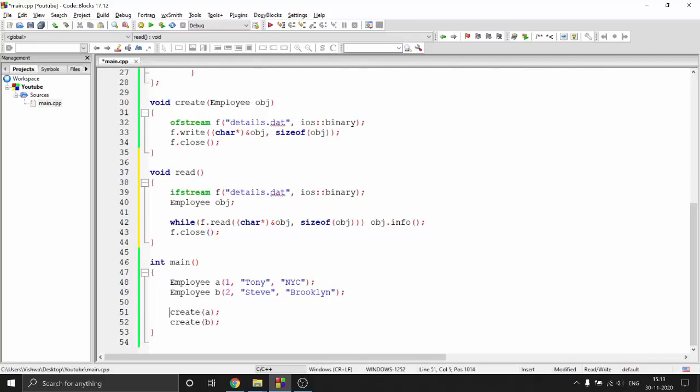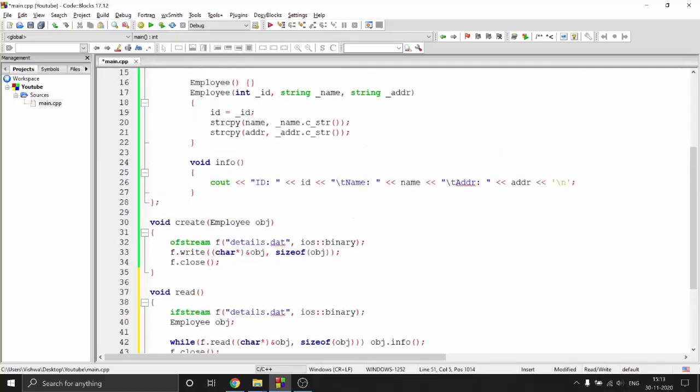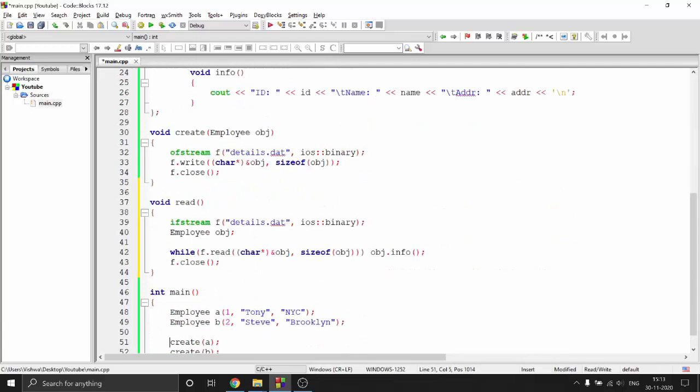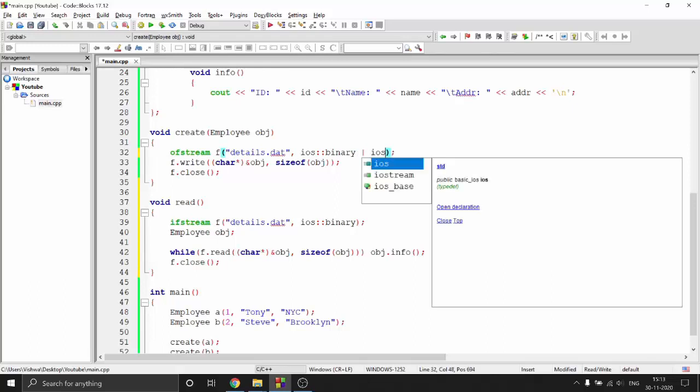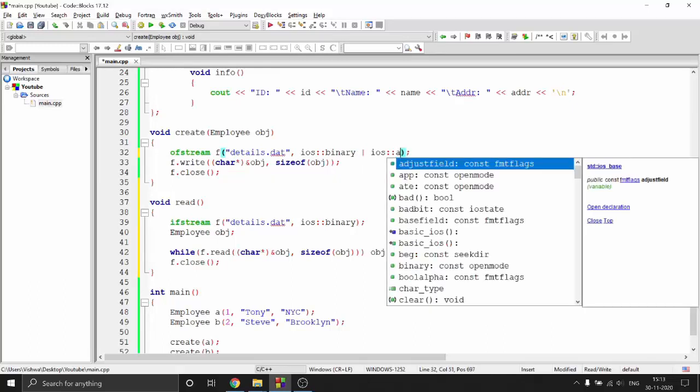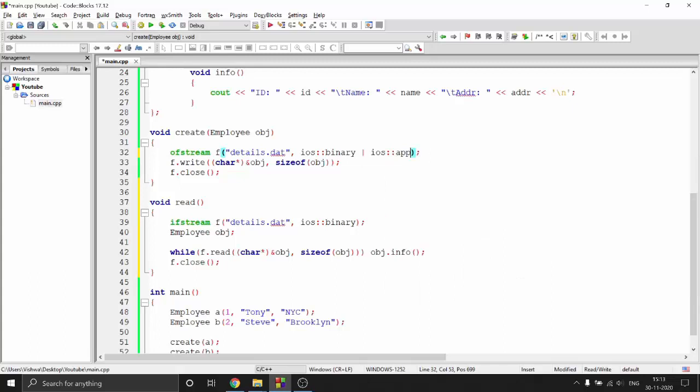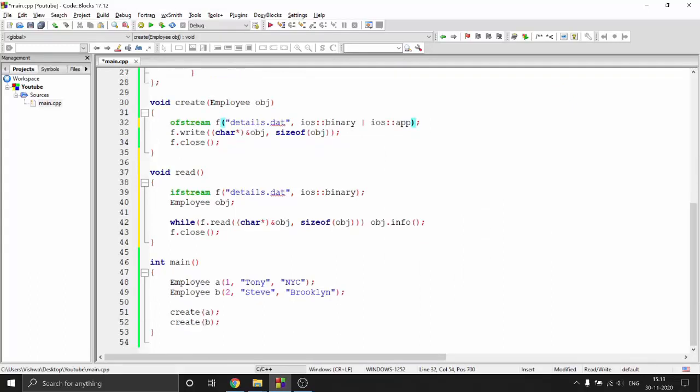So now I have already created these two things. Well, one thing I forgot to do is create it in append mode, right? Because once I close the file and open it again without ios append, it's just going to replace the thing. So you need to add the ios append flag, because you don't want to keep creating new files and deleting the old ones, right? So that is one thing.